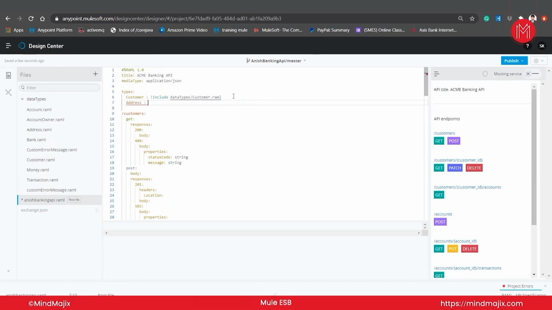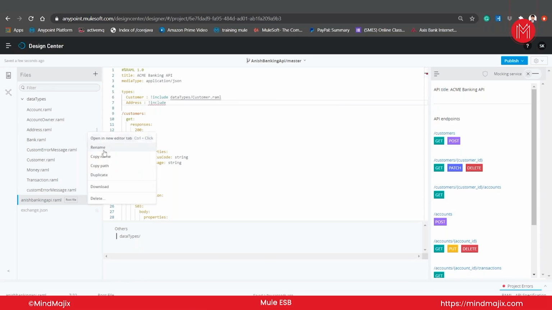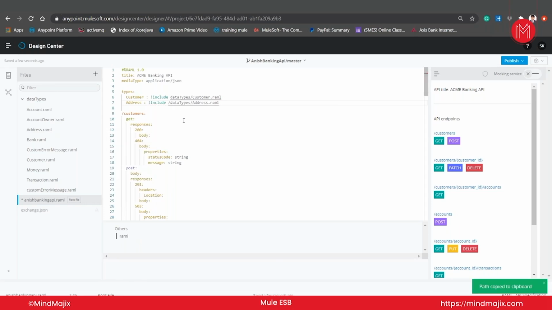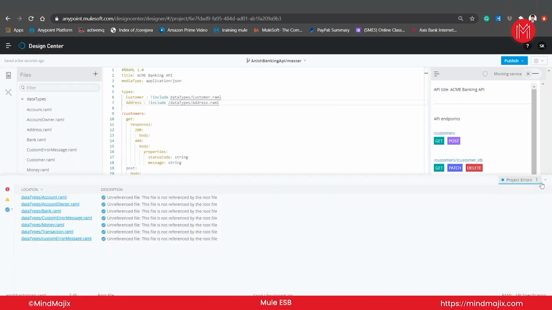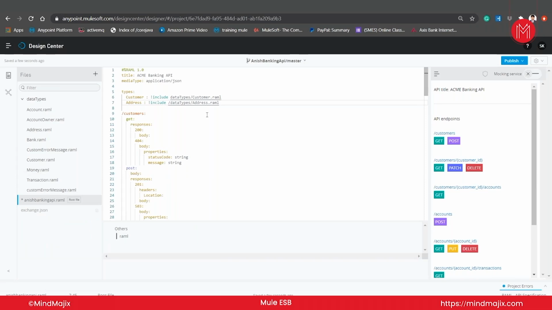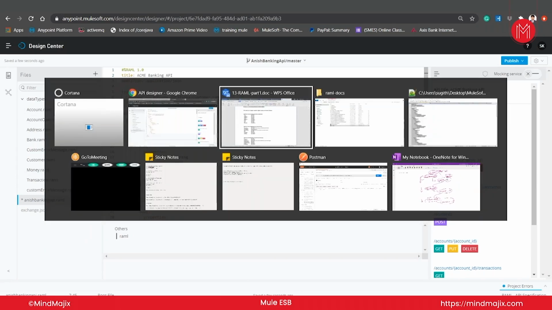I'm taking it into an alias name. And how to include? Include. You can directly take, another option is to directly take the path, copy the path and paste here. Now the error is gone. Right? So like that, you can include all the data types and you can take them into some alias names. So after writing all these data types, your file should look